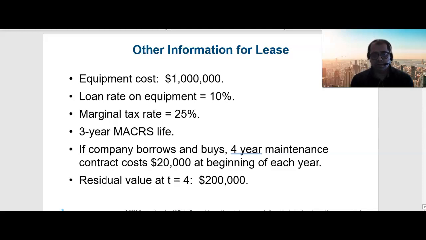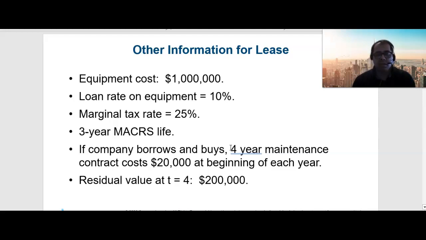And the interest rate, if they were to buy such an equipment, would be around 10%. Let's assume that the marginal tax rate is 25%. And if they are going to depreciate the equipment over its useful life, then they can use the 3-year depreciation schedule. So if the company borrows and buys the equipment, the 4-year maintenance contract costs around $20,000 at the beginning